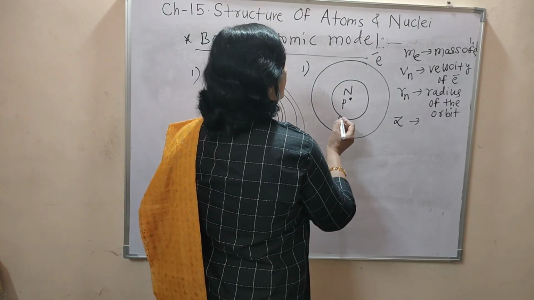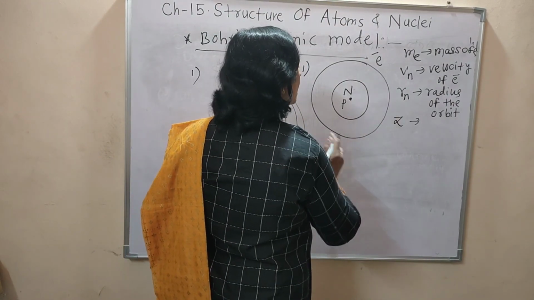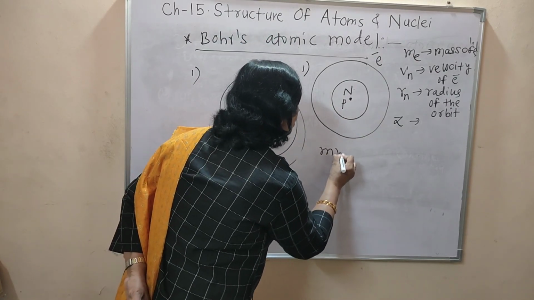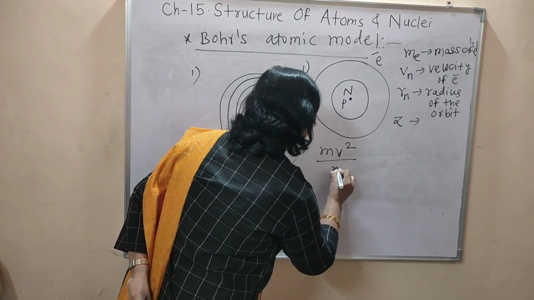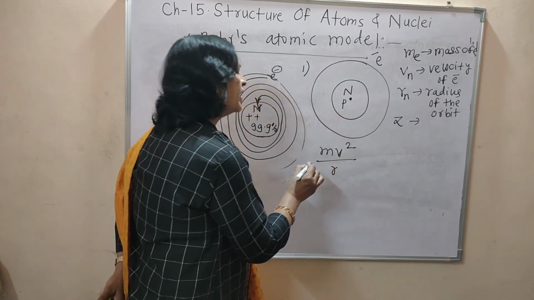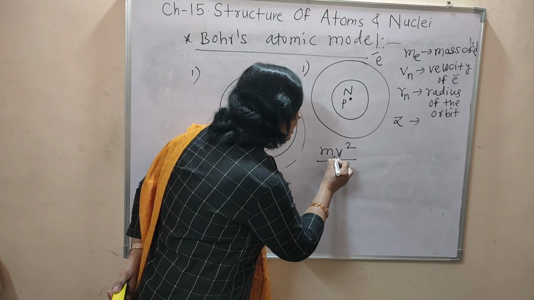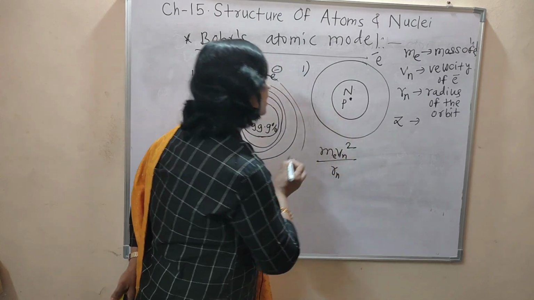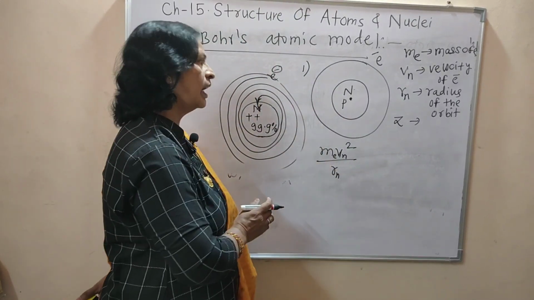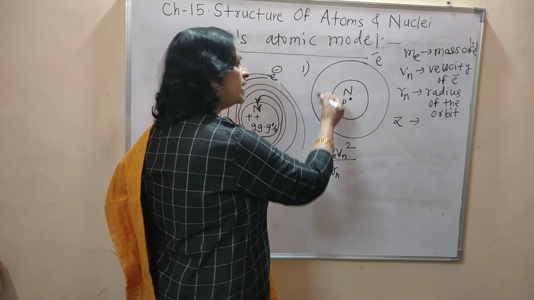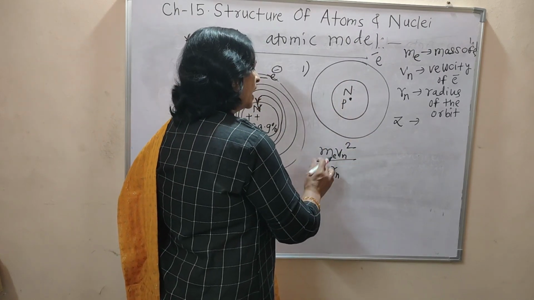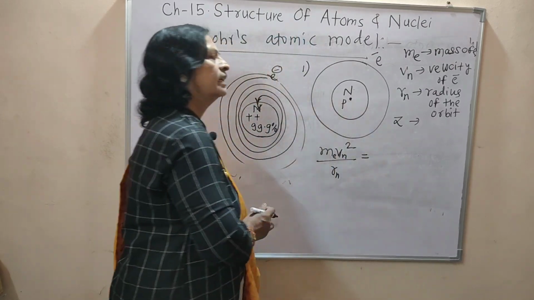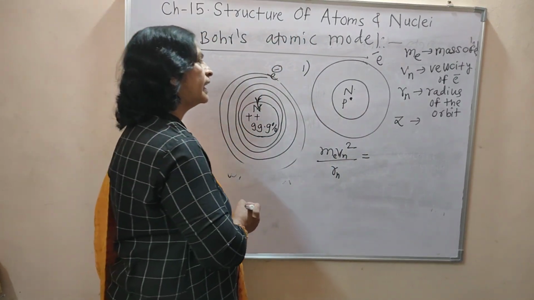Now consider the centripetal force for this circular motion. We know the formula for centripetal force, mv square by r. Instead of m, me is there; instead of v, vn is there; and instead of r, rn is there for this case. Then the necessary centripetal force for circular motion is balanced by the electrostatic force of attraction